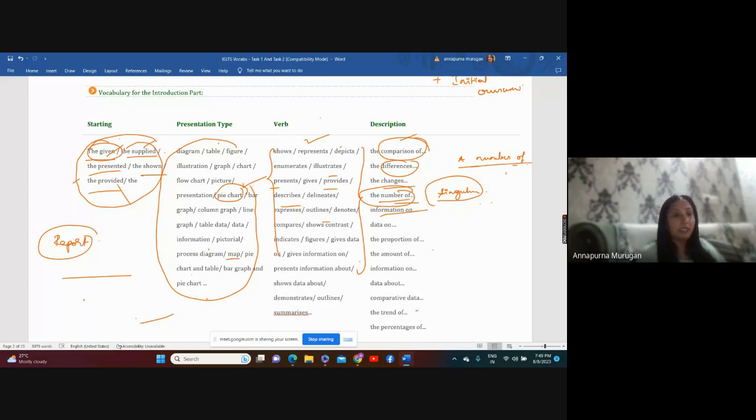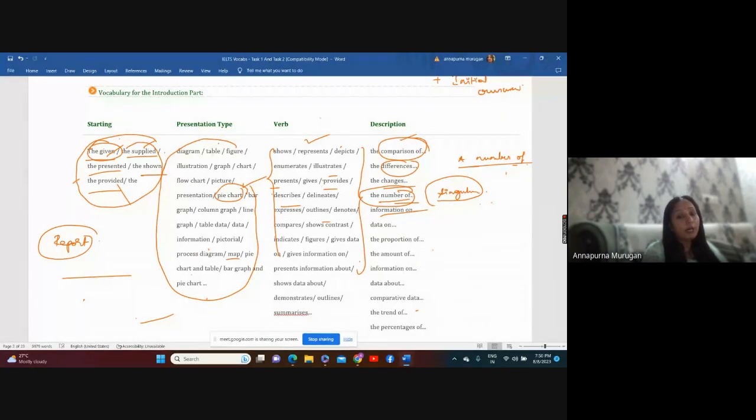So that means you are using variations. You have n number of things. Start using the variations. Don't stick to the pie chart, the pie chart, the pie chart. To start with, you can use that specification, then the pictorial presentation. Then you can say the following chart is giving us this idea. The presented graph is giving us this idea. The given statistical information presents this. So like this, you people can mold your ideas when you're explaining.